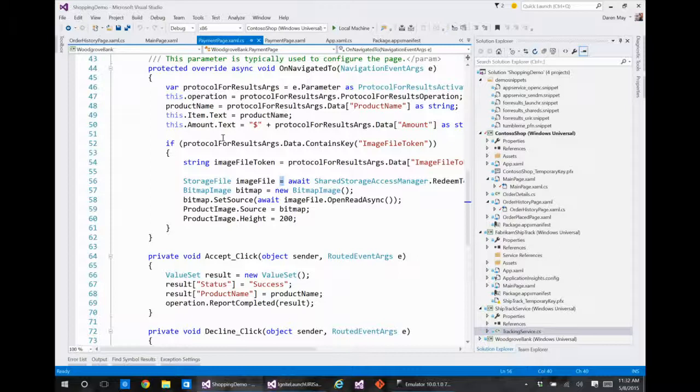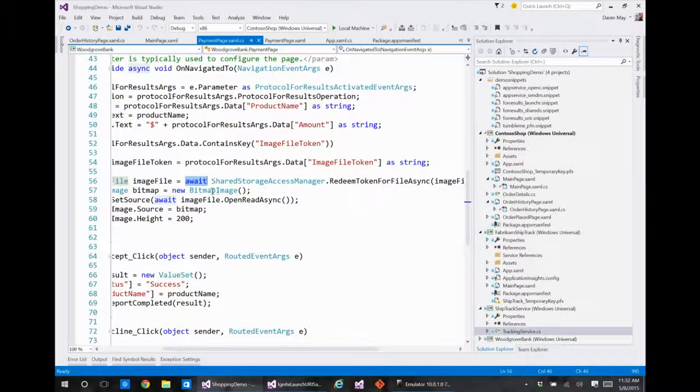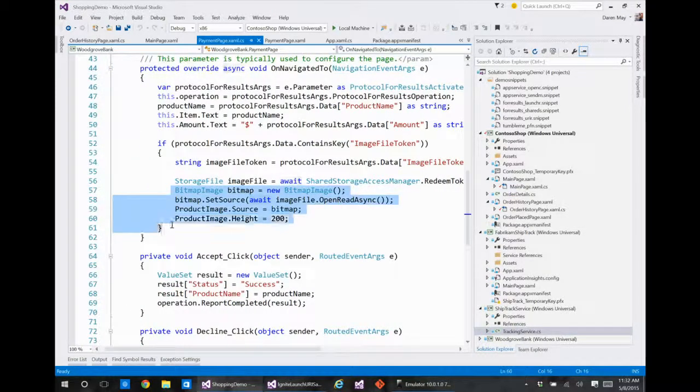And the reason for that is we don't want to block our user interface or anything along those lines and make it unresponsive. So the compiler injects a return at this point and lets the rest of the application carry on doing what it was doing. The await tells the compiler, when this asynchronous method returns with a result, carry on and execute the remainder of this method, or at least until it hits the next await. Okay? So that's been done for us. If you're familiar with JavaScript, you do promises, and you have a success promise and an error promise. It saves you chaining all of those things together, which can end up being quite a level of indentation, and makes it easier to write code and see what's going on. So that's what's going on there.